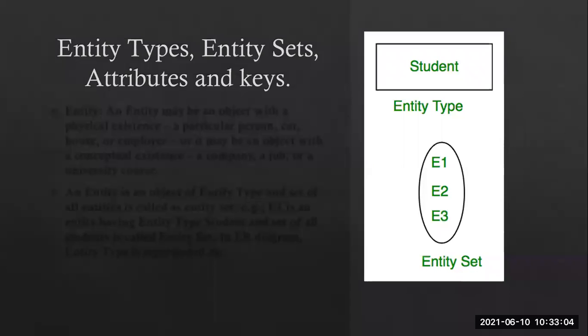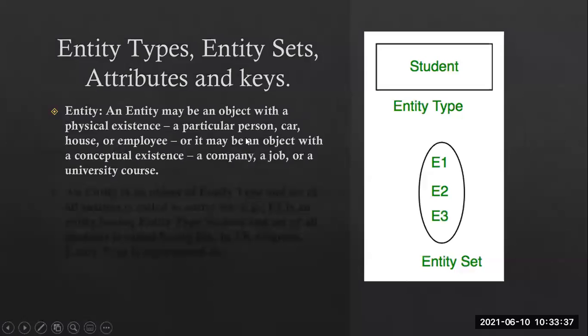What are entity types, entity sets, and attributes and keys? Now you just go back to your respective table creation. We had created the table student, and inside the student we have created attributes like roll number, name, then age and city. This we have done here. So entity means what? It is a table only. Normally, we will say it is a place or person or a thing. So in this database management system, what is the entity?